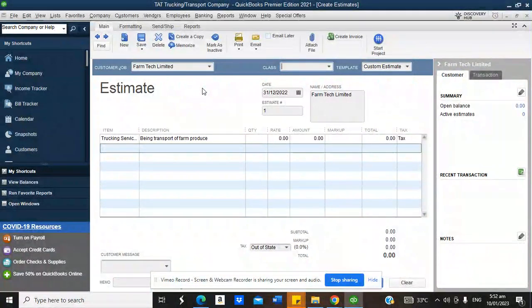So this is just a quote. So we can't select the truck that will be available. So you quickly come here, you quote for the services and you say, oh, this is